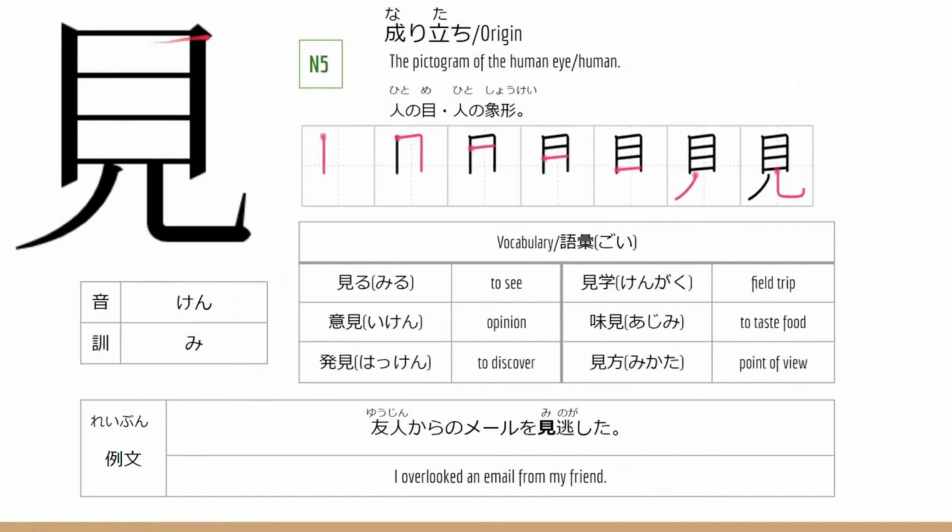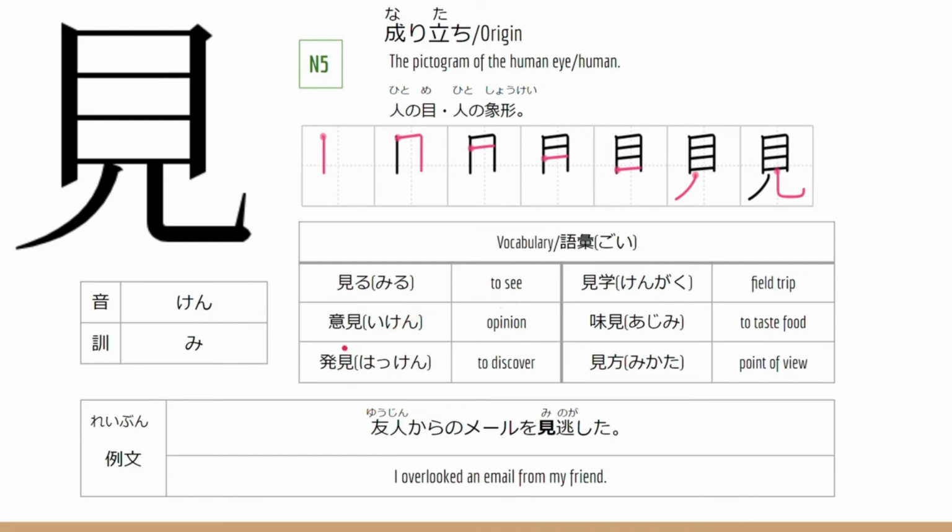This is the kanji miru. 成り立ち, or origin: the pictogram of the human eye or human. 人の目、人の象形。This is the stroke order for this kanji. Now let's go into the onyomi and kunyomi of this kanji. The onyomi is ken. And the kunyomi is 目、 Now let's go into the vocabulary or 語彙、見る, this means to